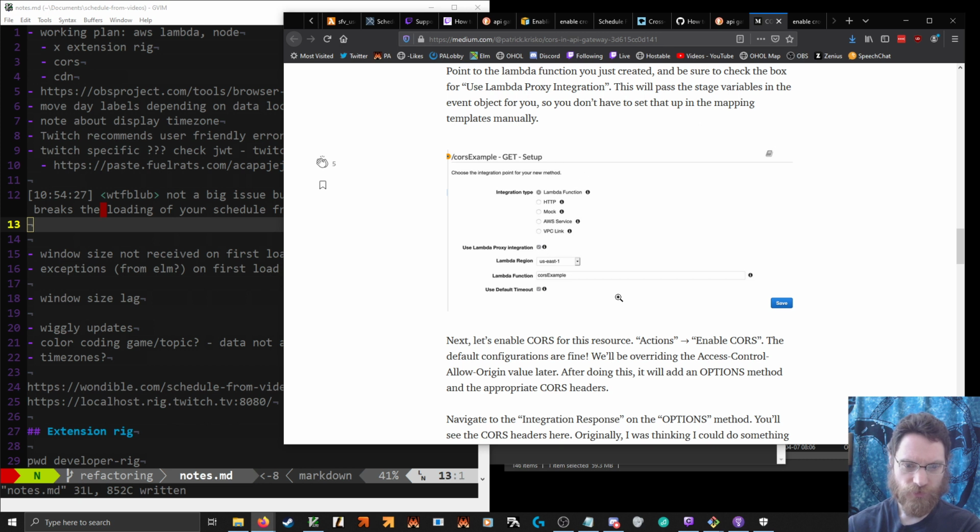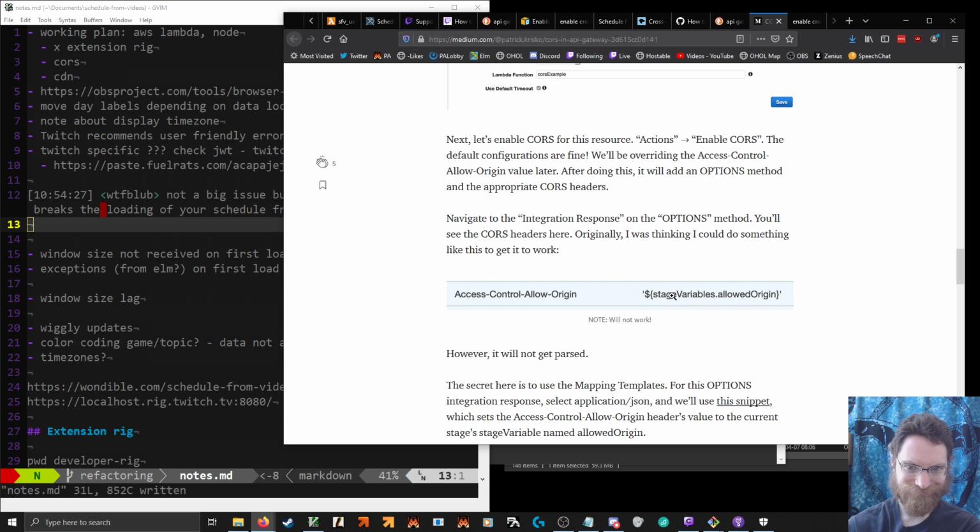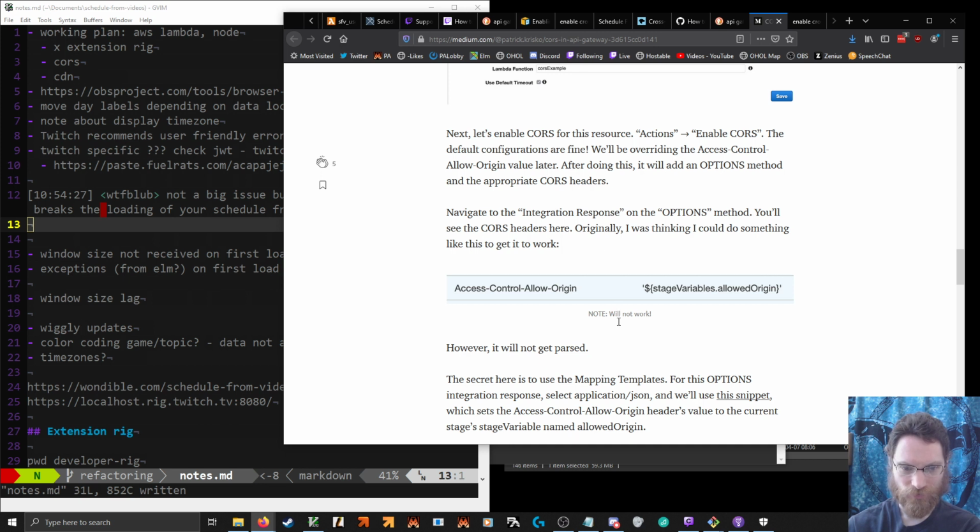Lambda function, lambda proxy integration. Originally, I was thinking I could do something like this to get it to work. Will not work.